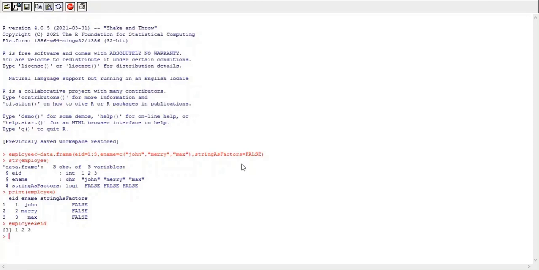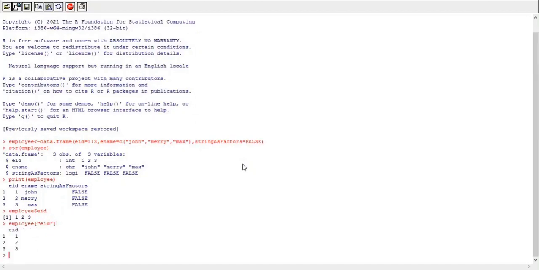Okay, so here I have used the $ sign, that is employee$employeeID. I am accessing the employee ID component from the data frame. Okay, or instead of the $ sign, we can use a single square bracket to access data.